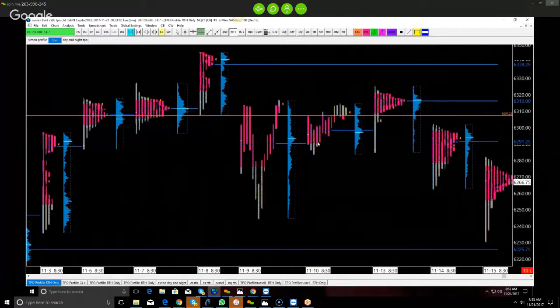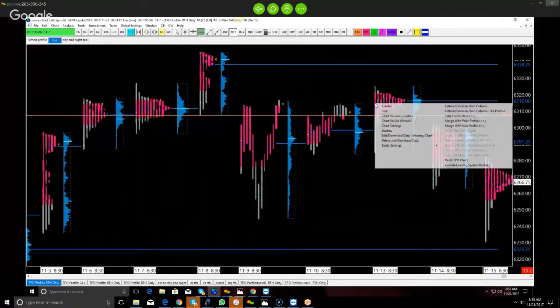See how we just spent 2 hours going back in a small range, unable to get below value. If we're not below value from the prior day, I'm not particularly bearish. Granted, there are some outliers where we can sweep through value and have a trend day down, particularly off the highs, but that was not the situation, right? The following day, if you look,